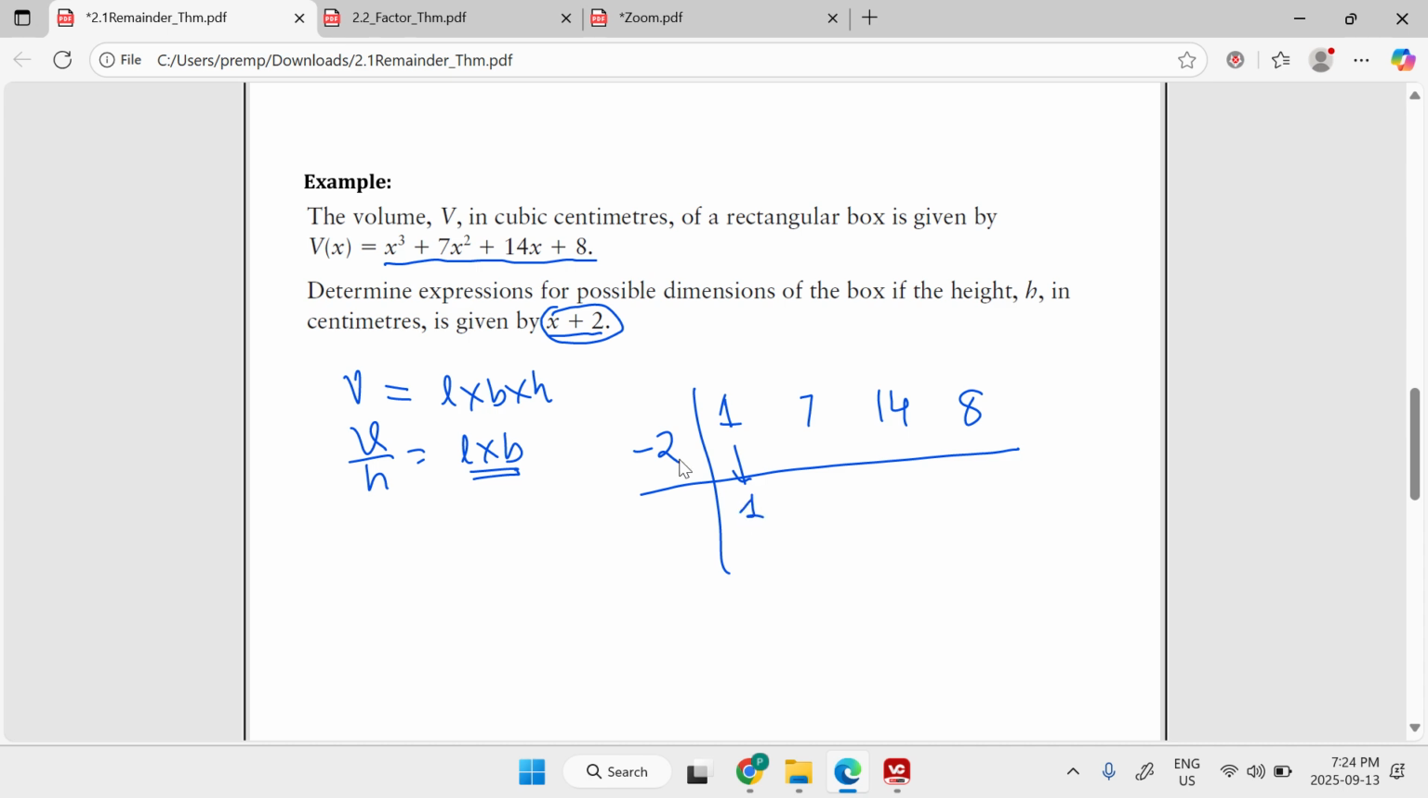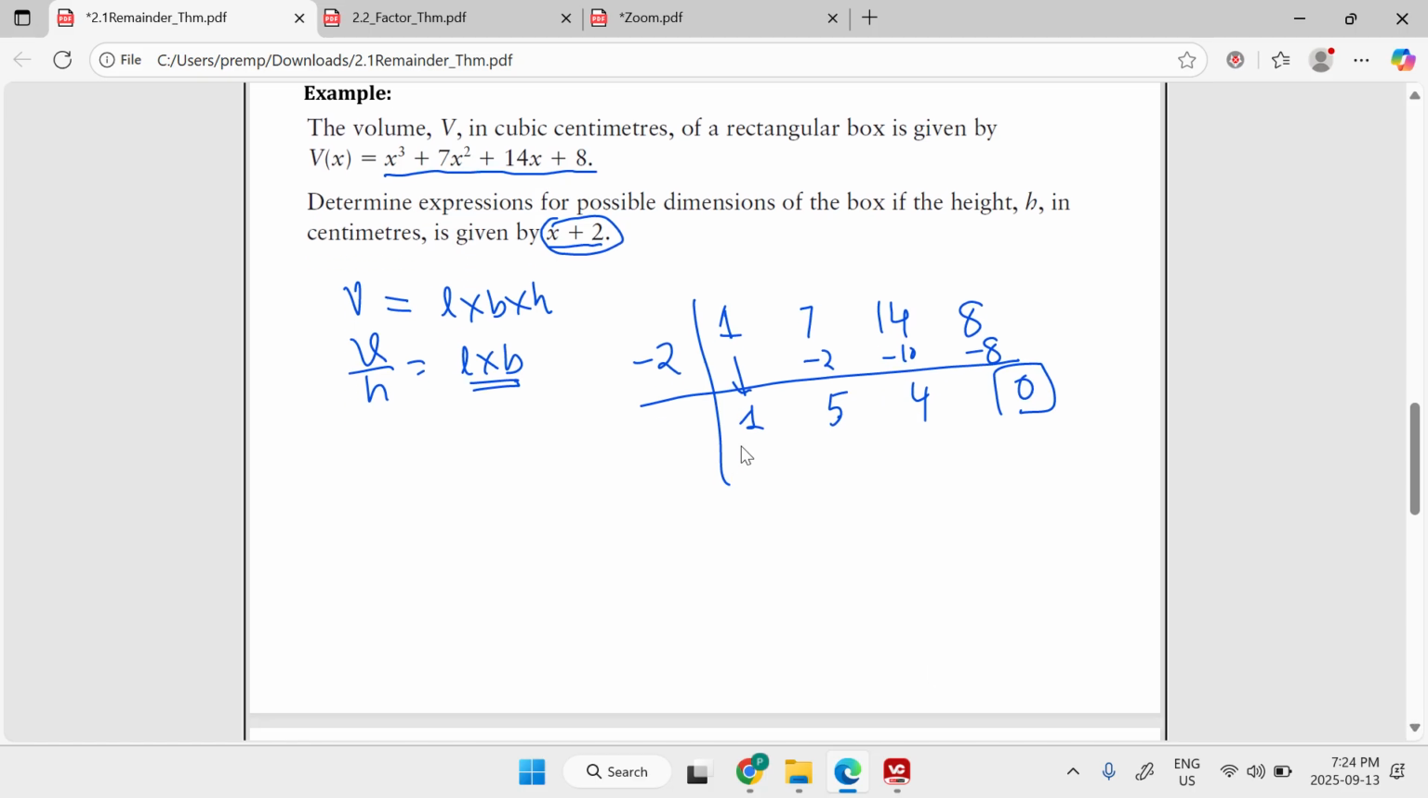So bring 1 down, and 1 times negative 2 is negative 2, so then 5 times negative 2 is negative 10, and then 4, and 4 times negative 2 is negative 8, and you can see your remainder is 0. And you know it's possible because your whole volume is basically length times width times height. So the expression that I'm getting here, which is basically length times width, is x squared plus 5x plus